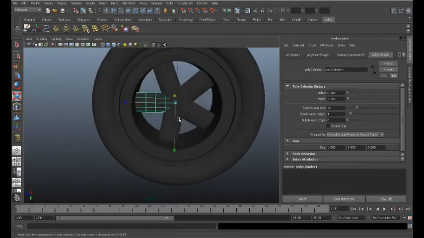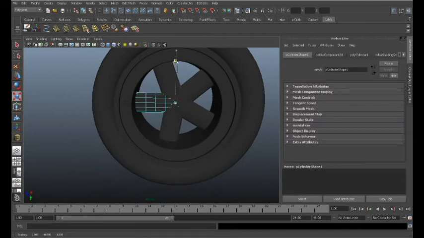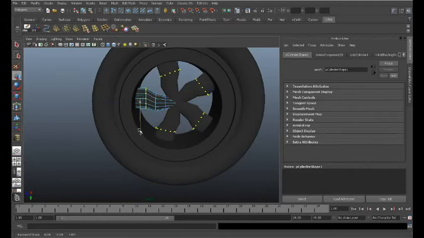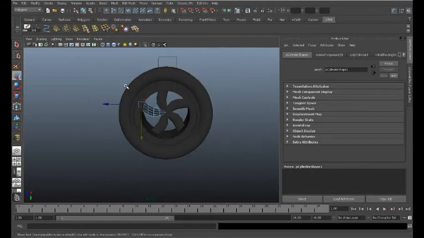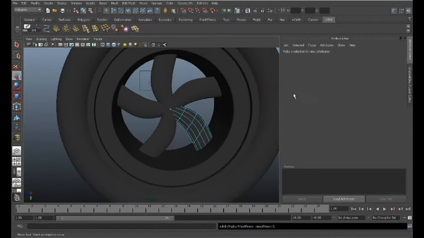I can modify the shape just by selecting the sub-objects, so I can begin to shape it up the way that I want it. Perhaps I want to offset just some of the end ones a little bit. So this is one way that you can come in here and create spokes. So that's one way to create spokes, and of course you'll want to come in here and give yourself a